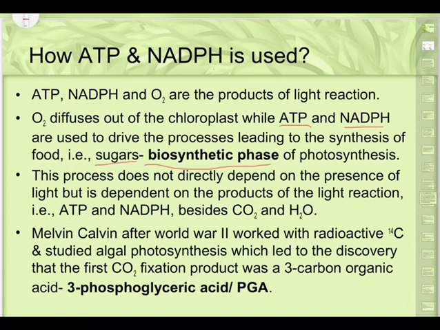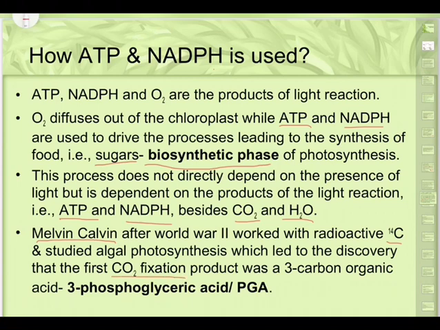So ultimately the aim of photosynthesis is to prepare starch, and starch is a polymer and the monomers are sugars, glucose. So it is this phase, the biosynthetic phase, or we say dark phase, discovered by Blackman. In this biosynthetic phase, starch is prepared. That's why it is a very important phase. This process does not directly depend on the presence of light. That's why we are calling it the dark phase. But it is dependent on the products of the light reaction. It depends on ATP, it depends on NADPH, and of course CO2 must be there as a raw material,